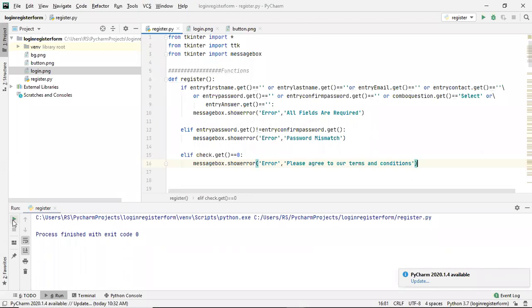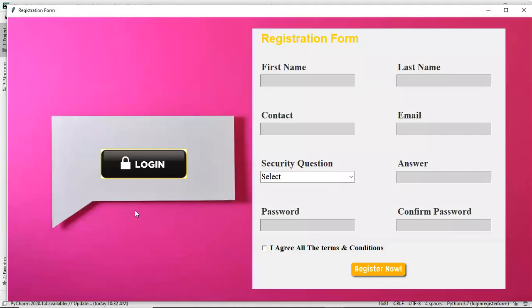So if I run now and if I click register now like this, you'll get all fields are required. And if I fill something, similarly here also, and I have to give a correct password here in both the fields.